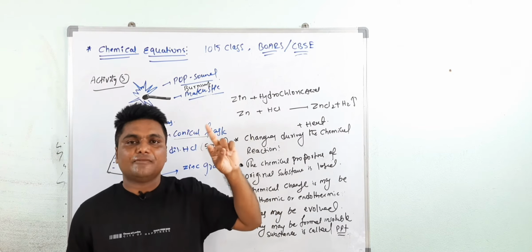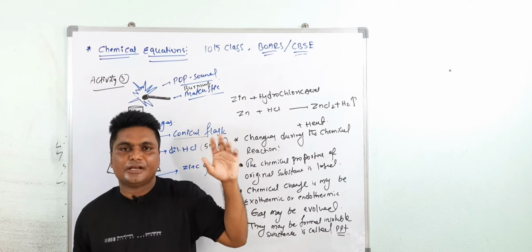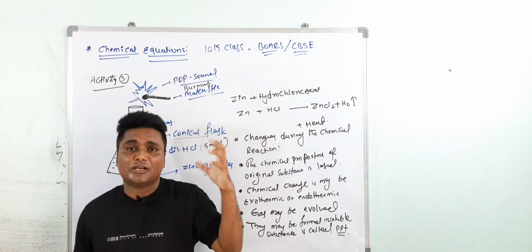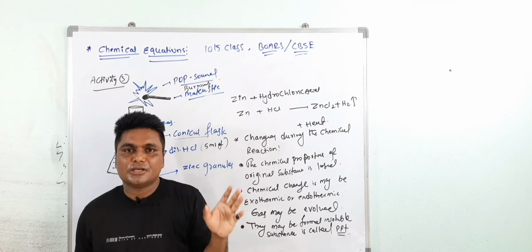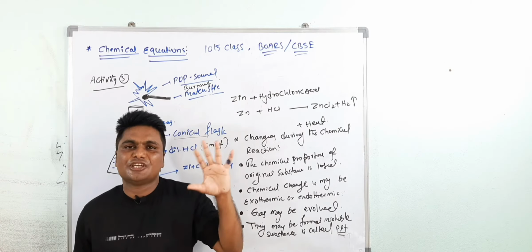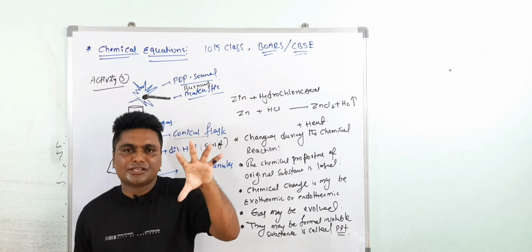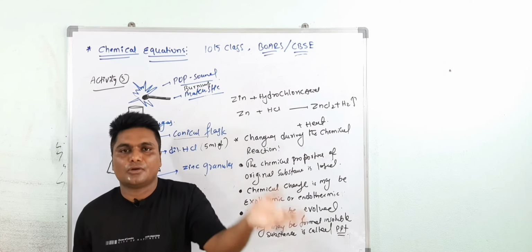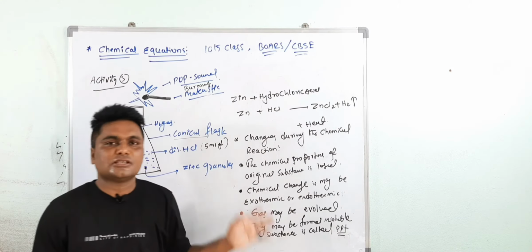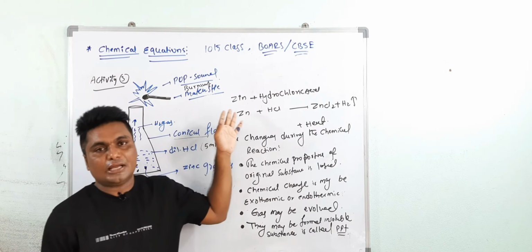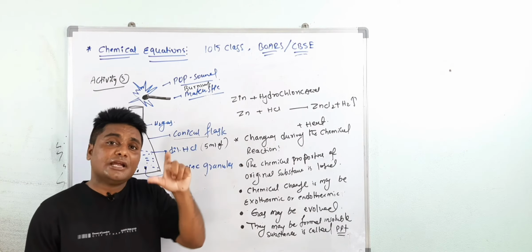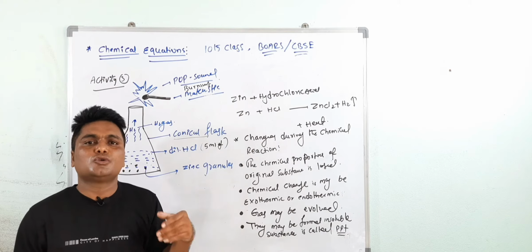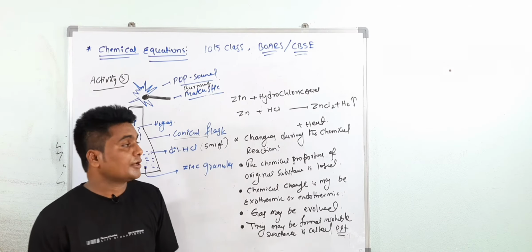In the second activity we saw that when sodium sulfate is reacted with barium chloride, we get what? Barium sulfate, an insoluble white precipitate. So it means during chemical reactions some changes take place. By these changes we can easily conclude whether a chemical reaction has taken place or not. So these are some activities to represent a chemical reaction. Now we will see how to write the chemical reaction, what the reactants and products are, and how to balance the chemical equation. Okay, first completed.